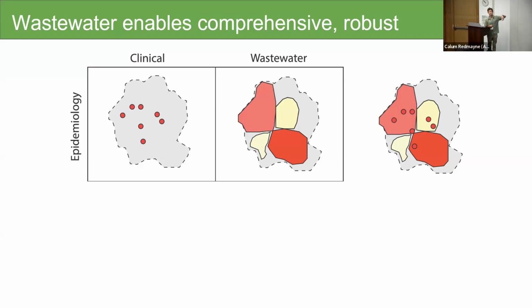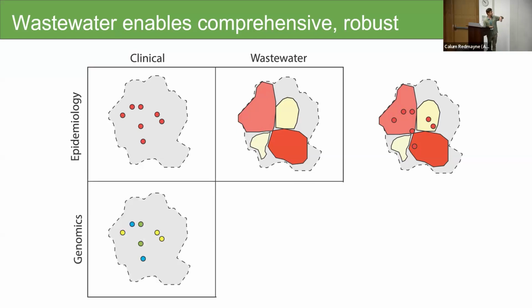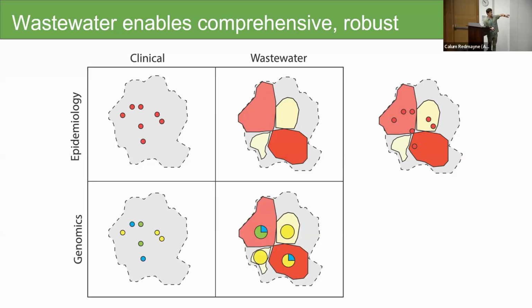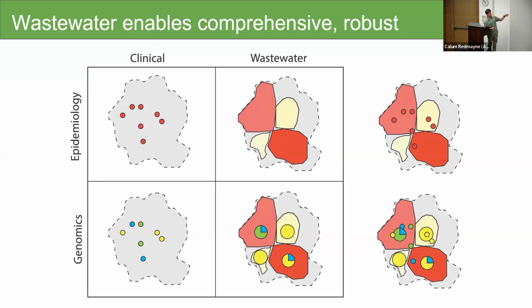But then we want to bring in this genomics question. Of course, we have sequencing of individual cases, each associated with individual lineages. We can also then use a method like Freya, which again you can't see too well because of the text, to pull the frequencies of the individual lineages within each of these different wastewater catchment regions. And then lastly, you can bring all of that together to get this combined epidemiological genomic picture through both clinical and wastewater.